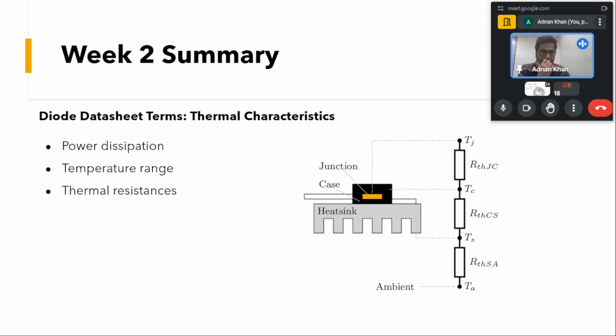So at the device level we have a die, and that is mostly our device, and you can see what we call the junction. After that junction there will be some casing around the die of that device, which we call the case. And after that